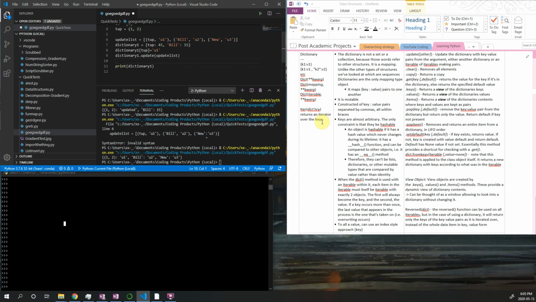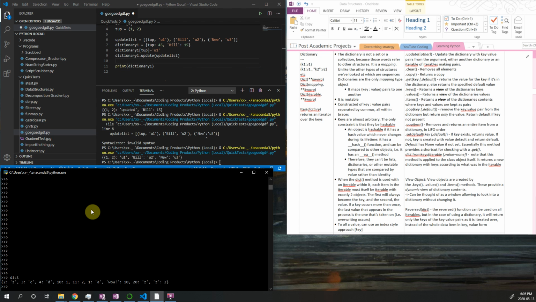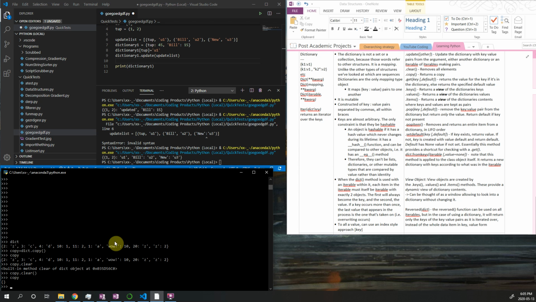There's the clear method, so let me just use my window over here. I already have a dictionary here in the command window. So let me just first of all do a copy. So I'll make copy equals dictionary.copy. So now I can see my copy is the same thing. And if I do copy.clear, I didn't add the round bracket, so I just called the method. Copy.clear, that cleared it, now it's empty. So it's the clear method, and the copy method like we just saw. Then there's the get